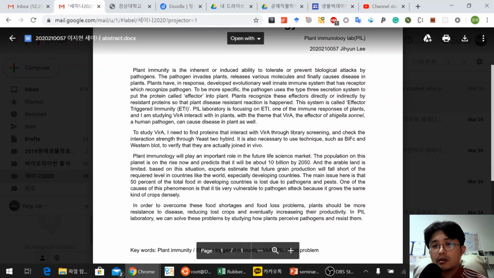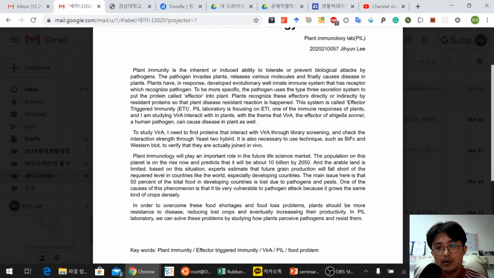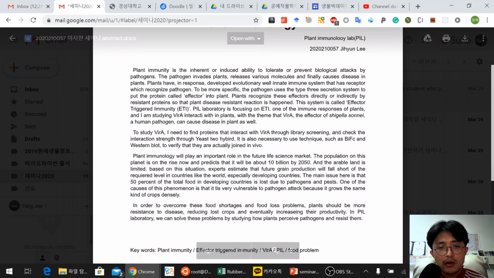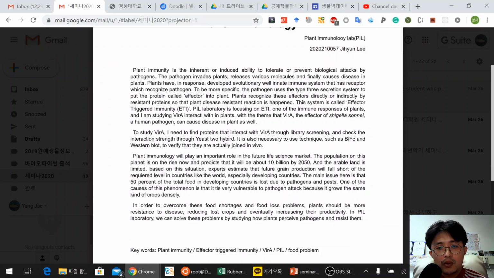Actually, I read this abstract, and she is explaining what plant immunity is and what the purpose and goal of the research are, because plant immunity will play an important role in the future life science market and so on. And most importantly, to study BRA, I need to find proteins that interact with BRA through library screening. So I want you to